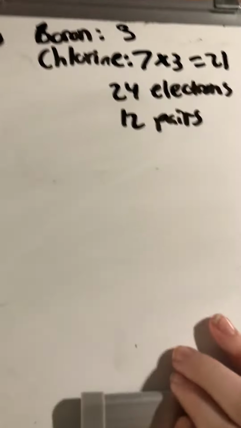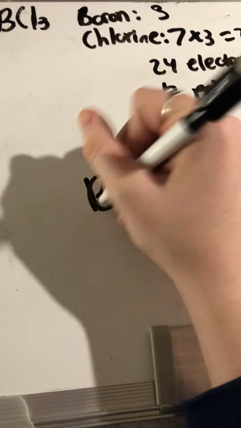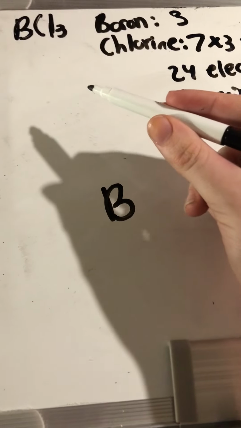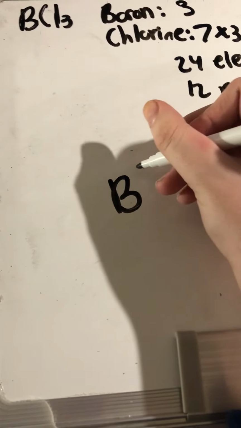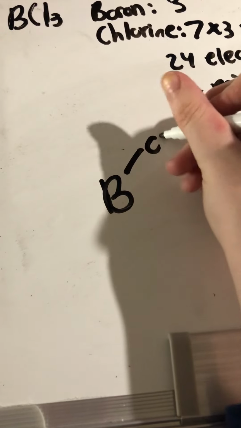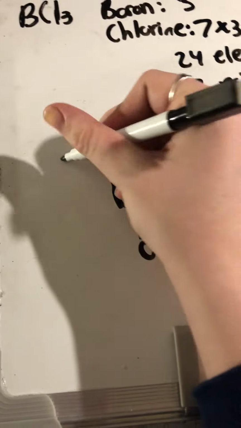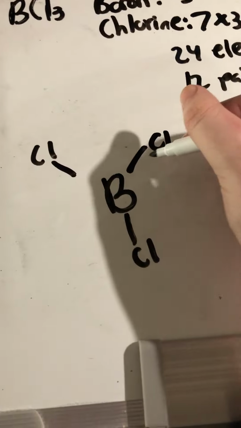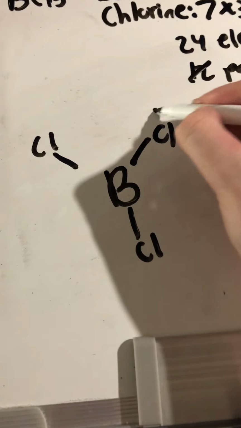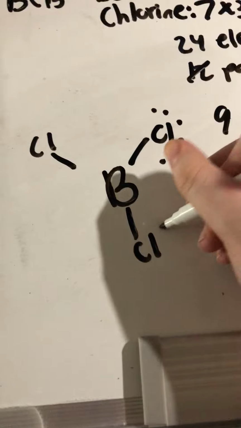So now we can start drawing the Lewis structure. We put boron as the central atom because it's less electronegative than chlorine, and there's only one of them. So now we use the first 3 pairs of electrons to bond each chlorine to boron. So now we have 9 pairs left, and we use those 9 pairs to fill each chlorine with 8 valence